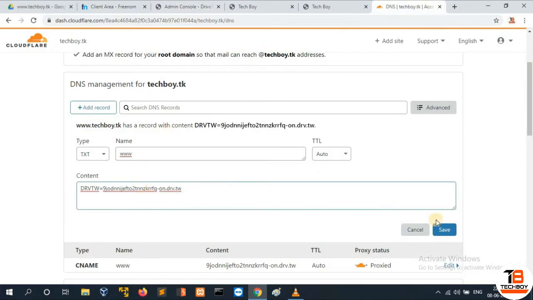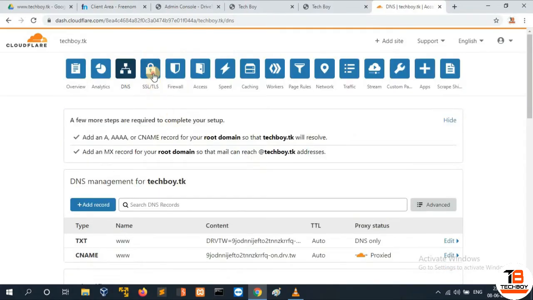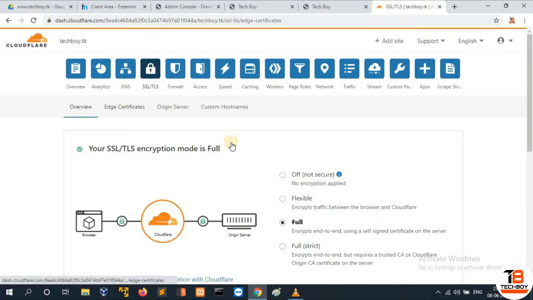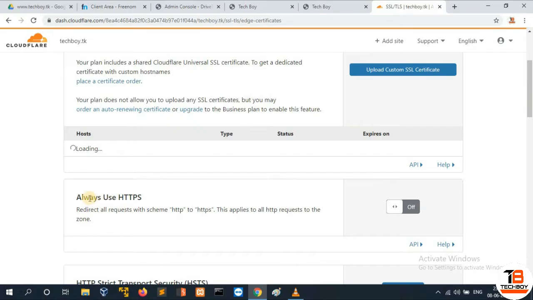And save it. Now to enable SSL, go to the SSL section and turn on Always Use HTTPS.